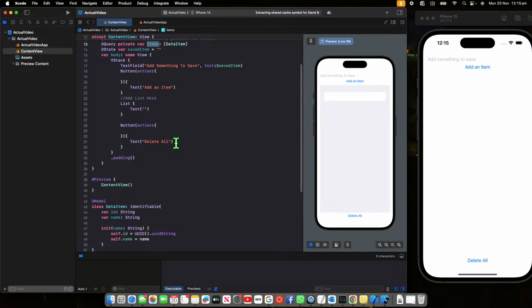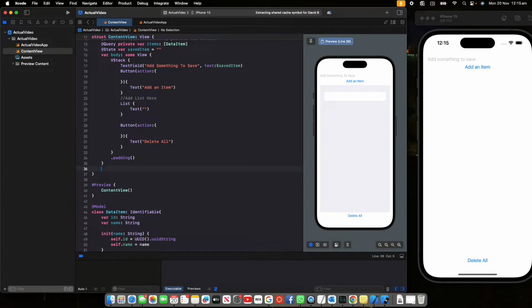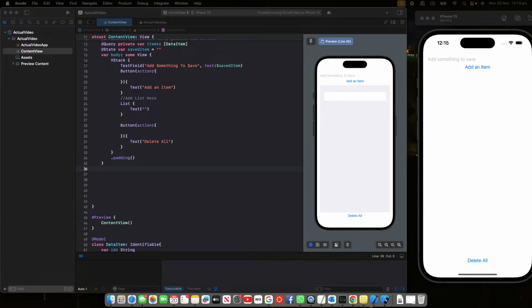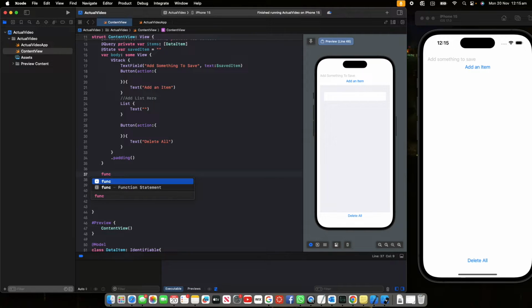So the first thing that I'm going to do, just to keep it simple, is create the three different functions that we want. The first function is to add an item. The second function is to delete a specific item. And the third one is to delete all of them. So let's go ahead and add the function that allows us to add an item, since that's the most important one. So I simply say func addItem